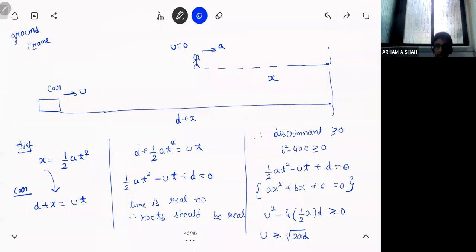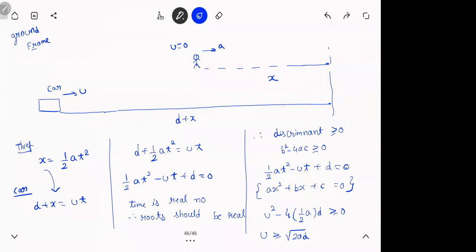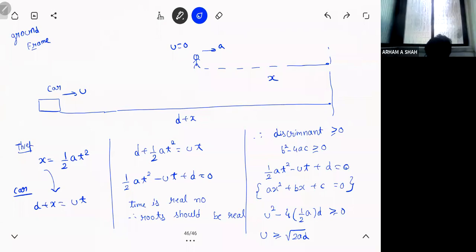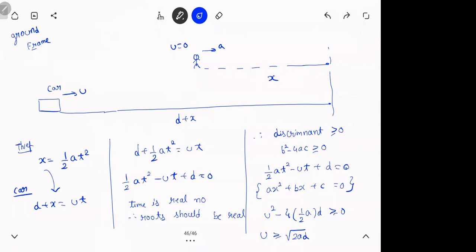I brought the thief to rest by subtracting a vector, and then I got the equation. We should do that only. I said I'll show you both ground frame and relative frame. I'm just showing you both the cases, how it looks in ground frame, nothing much. Actually, even I will do with relative only in the exam. But for you guys to have an understanding of what is the big deal about it, I wanted to show.